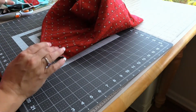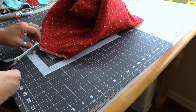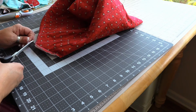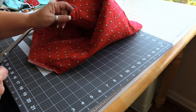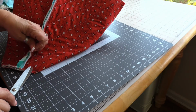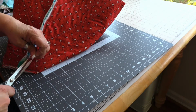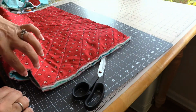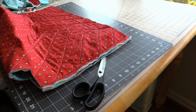And here it is, this first one. And I'm going to tell you a couple things, and then I'll take the camera over to the sewing machine so you can watch me do this second one, because there are a couple of steps, and I want to show you how I did mine. Alright, so let me get the camera situated. Okay,